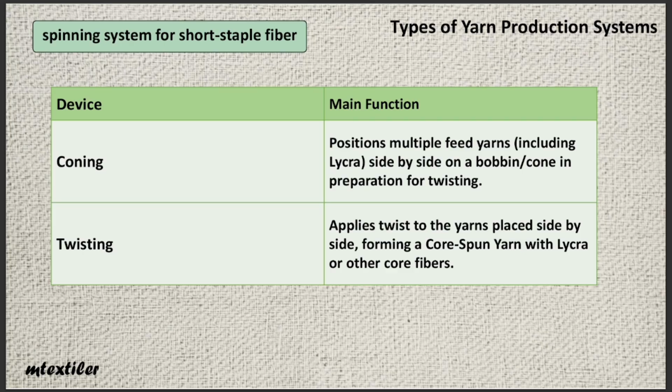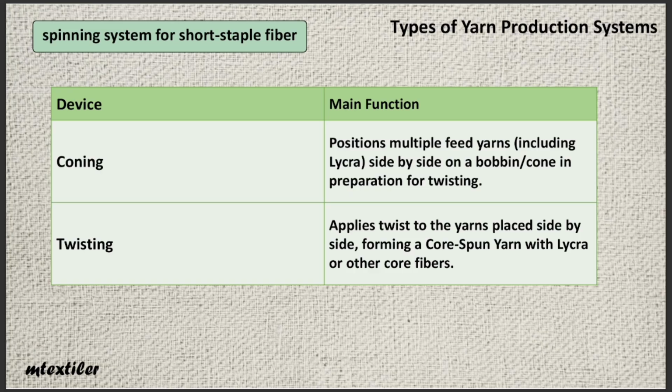In this slide, we cover an important point. You may wonder how plied yarns, 2-ply or multiply, are made, or how elastic yarns are produced. In the spinning systems we have discussed so far, yarn is produced as single-ply. But to create the above types, the coning machine is used to place yarns, or lycra, side by side with other yarns,